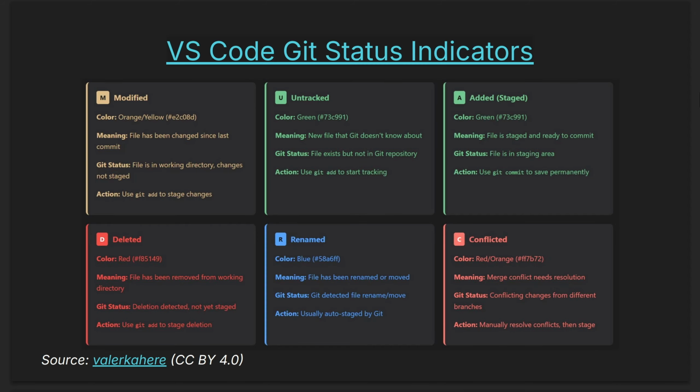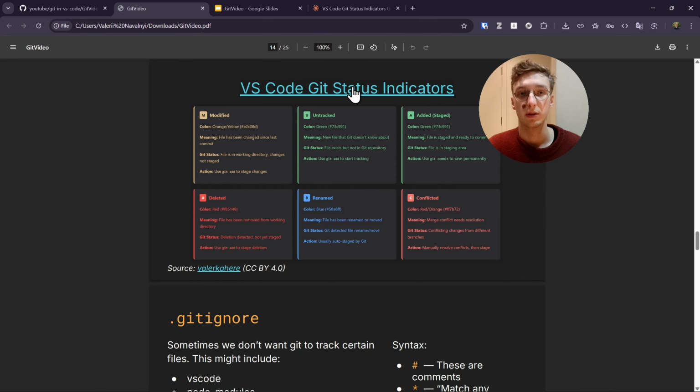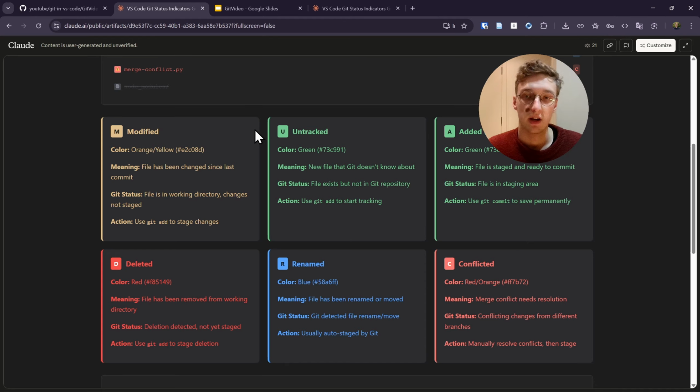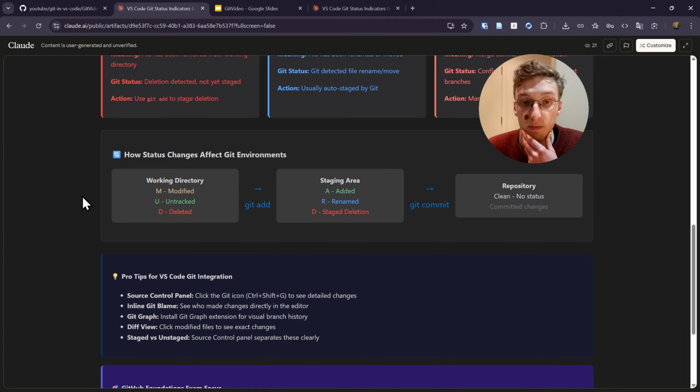There are also other states like deleted, renamed, and conflicted. I'll talk more about merge conflicts later on. But feel free to check it out if you follow the link in my presentation, and you'll be taken to an AI-generated overview of these codes which I made for myself before, and review them. Also, there is again the workflow of working directory, staging area, and repository,